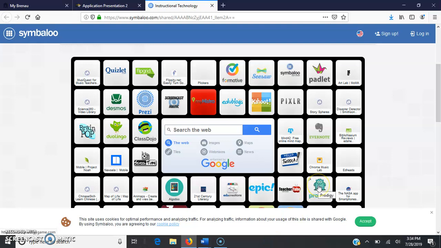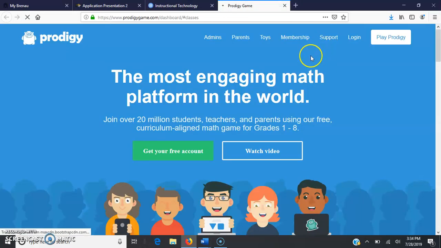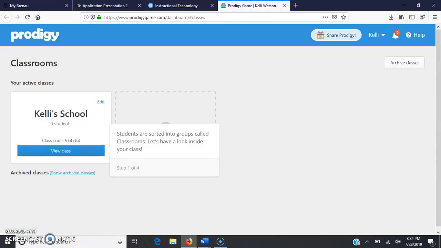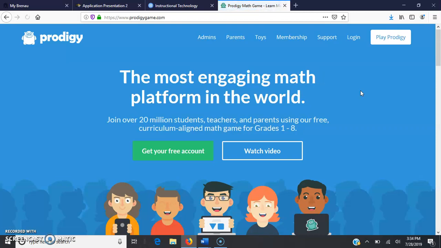So my kids are always asking to play Prodigy, and so I chose to learn how to use Prodigy this week. So the URL is www.prodigygame.com, and what you would do, let's say that you're coming into the account without an account or whatever, you're